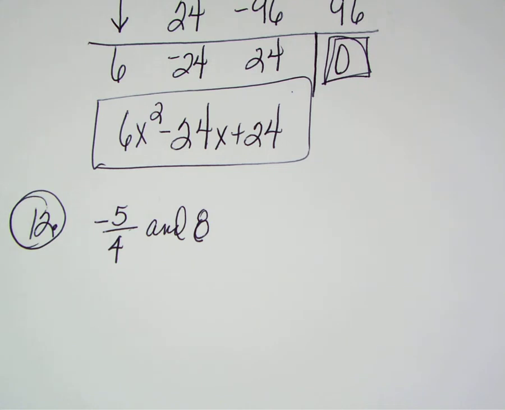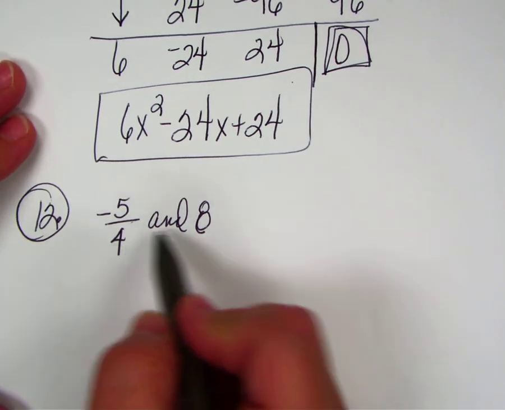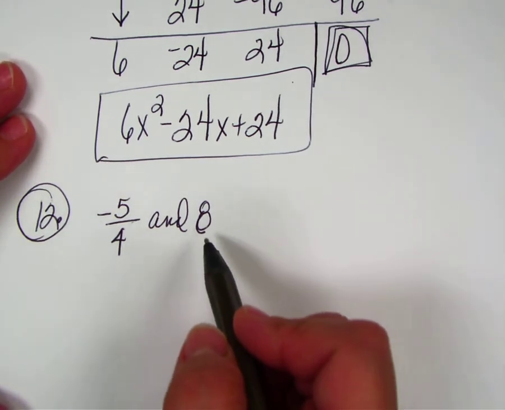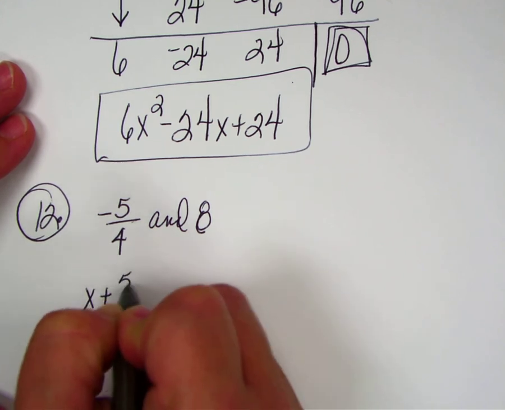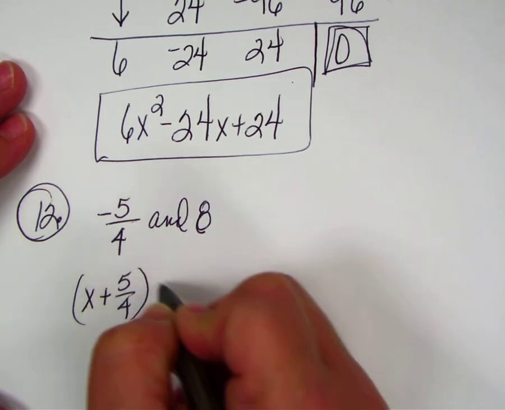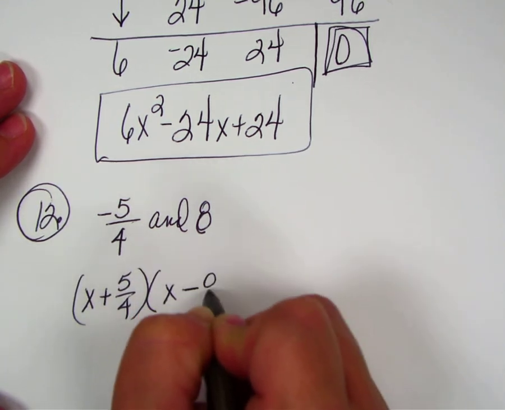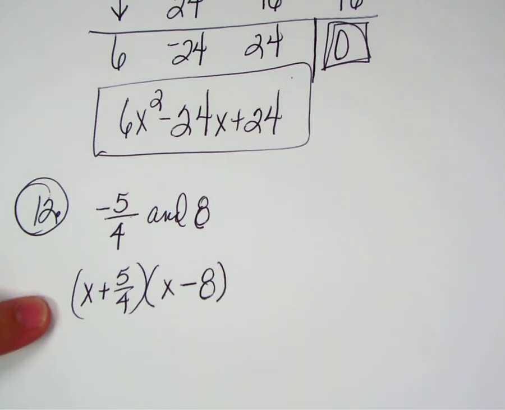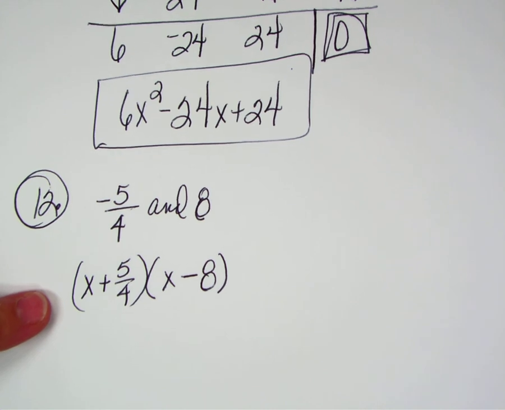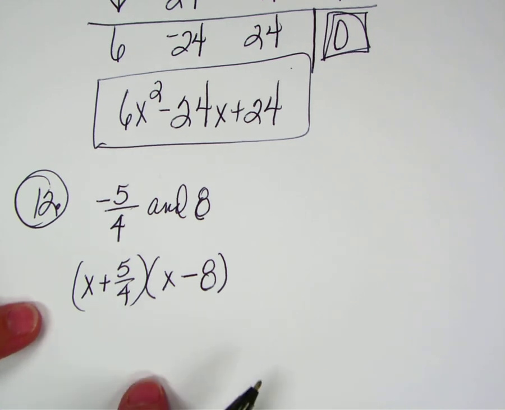Okay, 2 roots, we're supposed to find the equation. So, if these are roots, we got to make them factors. So, x plus 5/4 times x minus 8. Now, I know that you don't really like fractions. Okay? So, what I'm going to do to get rid of that